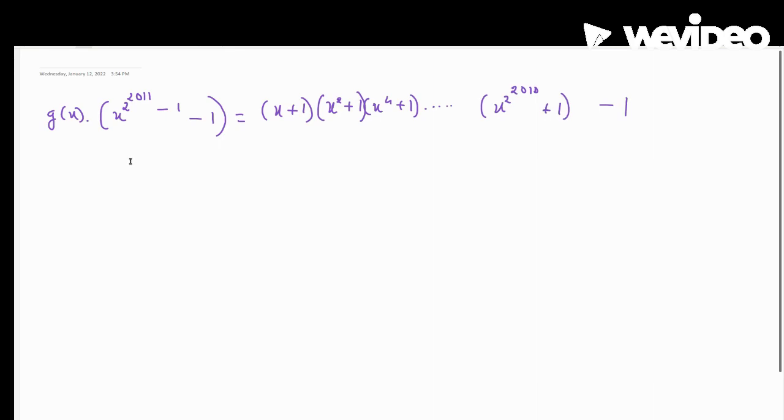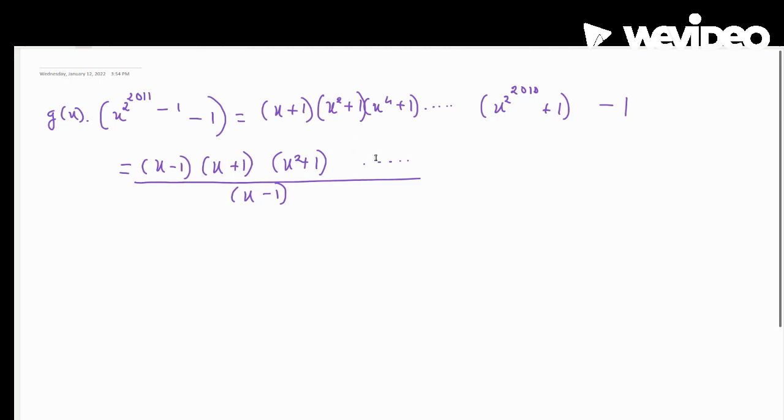We can multiply and divide by x minus 1 in the right hand side. So what we will get is (x minus 1) into (x plus 1) into (x square plus 1), and it goes on like here only, I am not writing again, by x minus 1. So now you can see here this x minus 1 and x plus 1, we can use the formula a square minus b square, and we will get x square minus 1. And then (x square minus 1) into (x square plus 1), we will again get x to the power 4 minus 1.